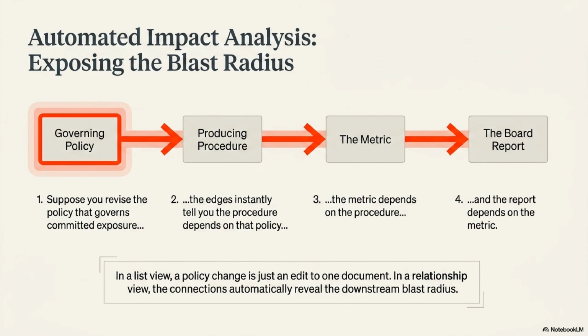One more thing the edges give you, and it sets up a later episode. Suppose you change one node. You revise the policy that governs committed exposure. In the list view, that's just an edit to one document. In the graph, it's something bigger. The edges tell you what's downstream. The producing procedure depends on that policy. The metric depends on the procedure. The report depends on the metric. Change the node, and the connections reveal the blast radius. We'll build that into a real control. Change propagation in